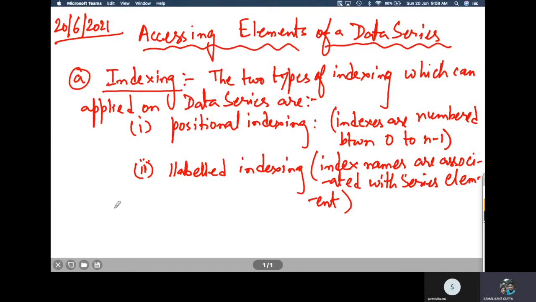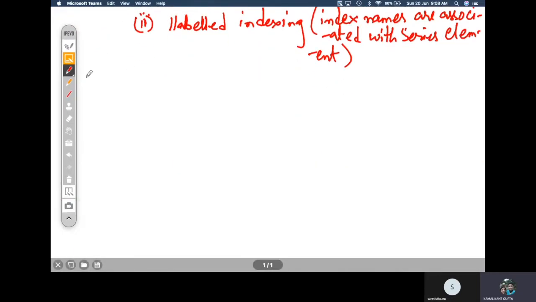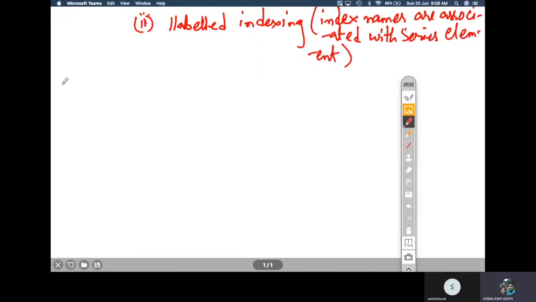The first one being numbered indexing or positional indexing. Let us first find out what it is. The first example is for positional indexing.